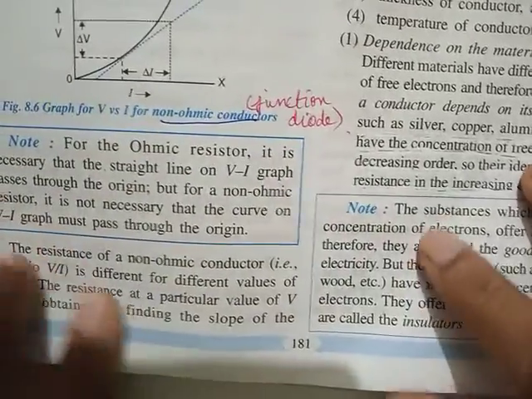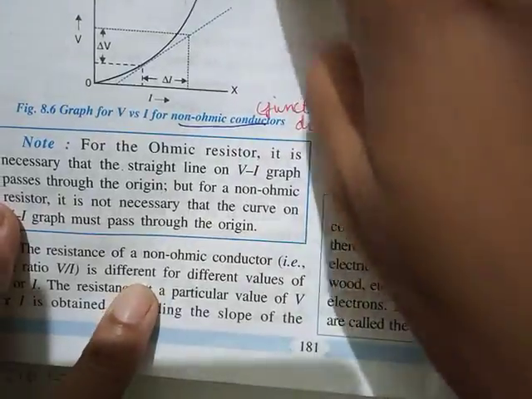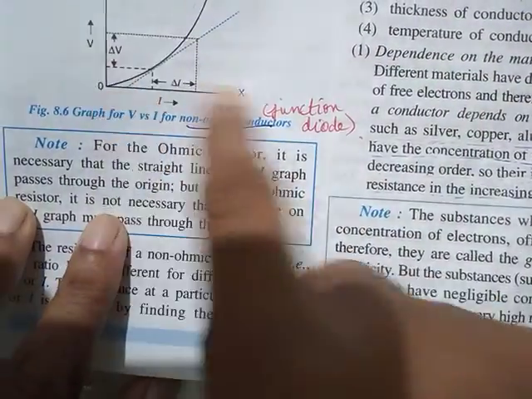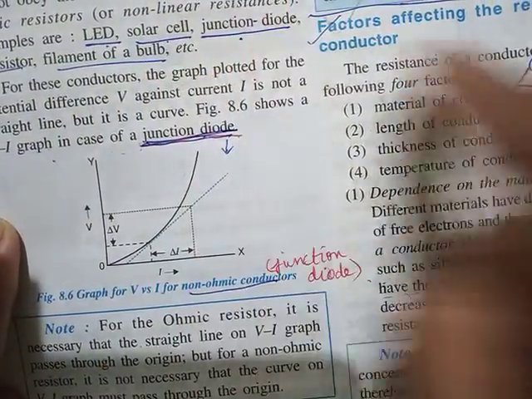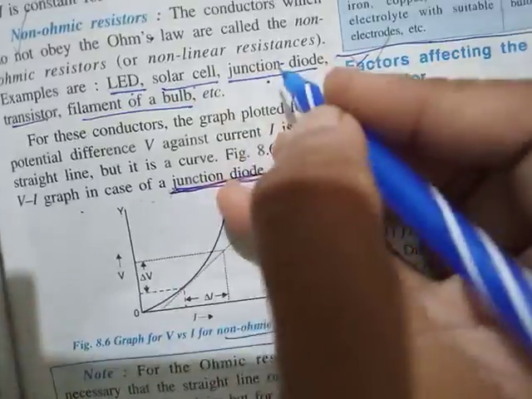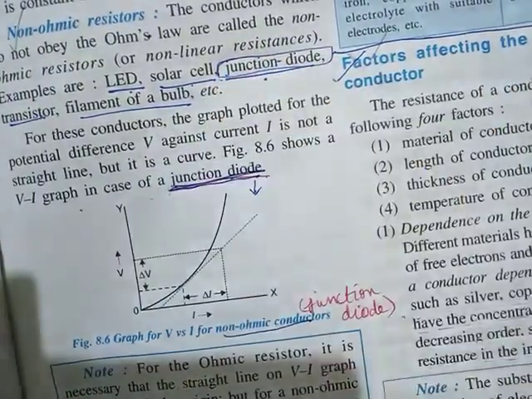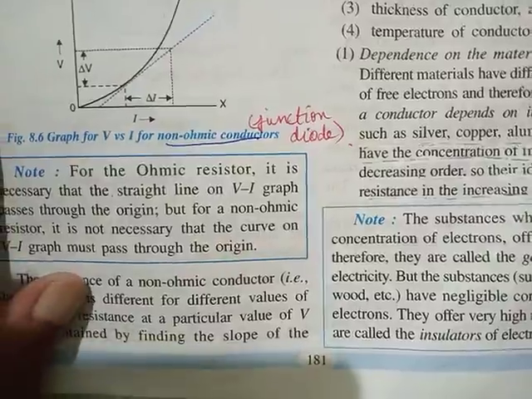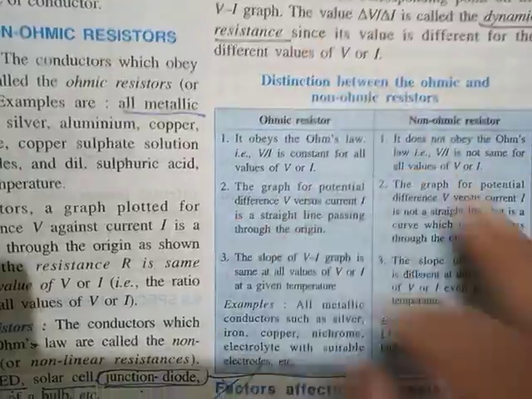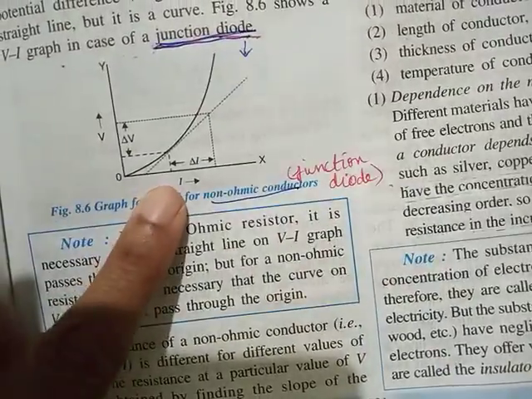Now, we have studied till non-ohmic resistors, and I told you this graph is specifically of a junction diode. One example of a non-ohmic resistor is the junction diode, and this example is specifically of that only. So keep that in mind. Now there's another term called dynamic resistance. Now, in case of a curve like this, the main difference between ohmic and non-ohmic resistor is, in